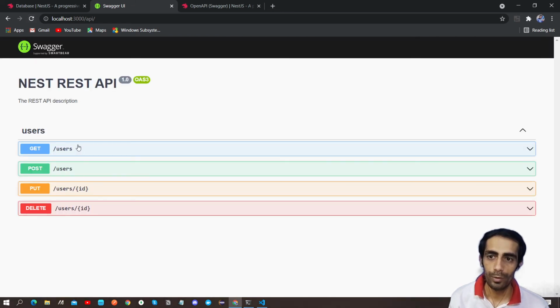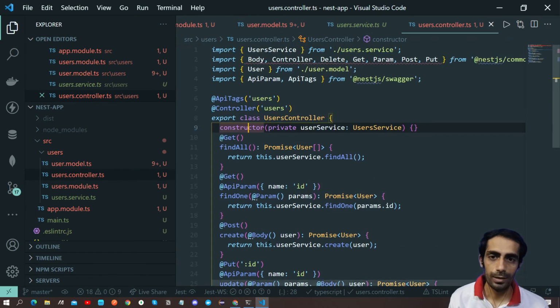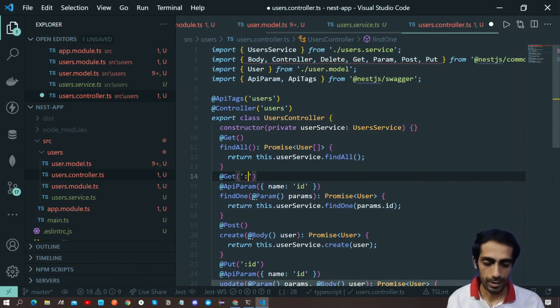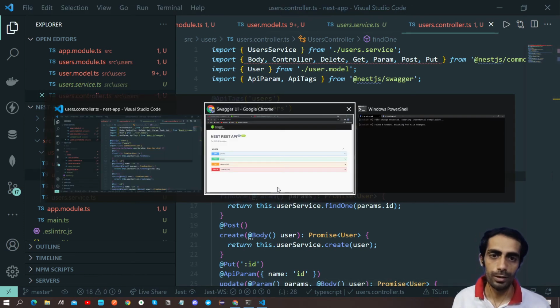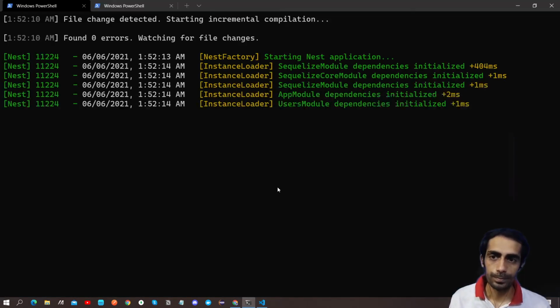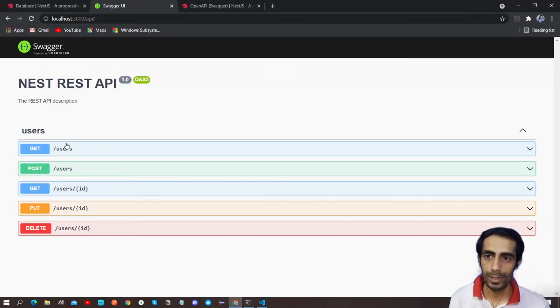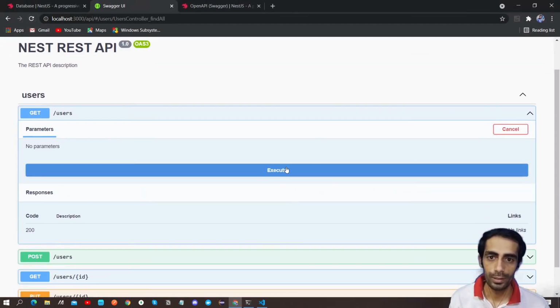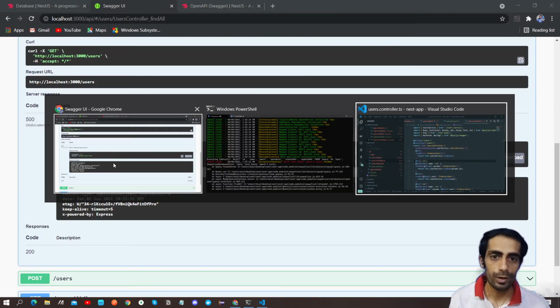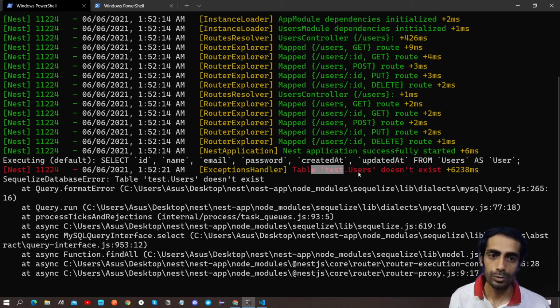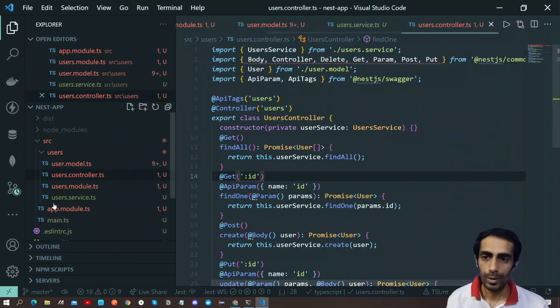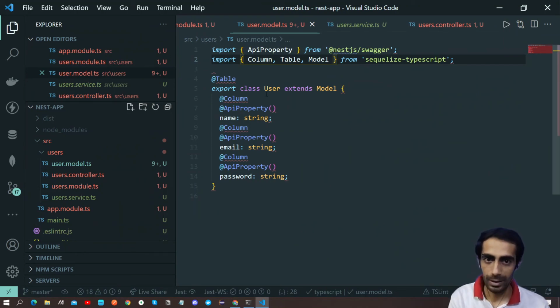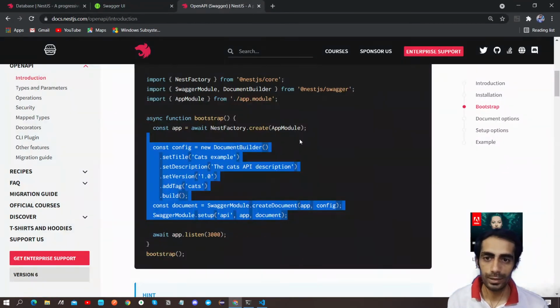Okay, so one more thing is missing. Put and delete and get. Inside get as well I need to pass id. So yeah, finally we are good to go. Now if I refresh this page, if I go here, inside here I'll get the data with 500 error. Okay, it's fine because table users doesn't exist, because we need to define something, I guess, inside model is a table user. It's looking for the users, and to sync this thing I need to define